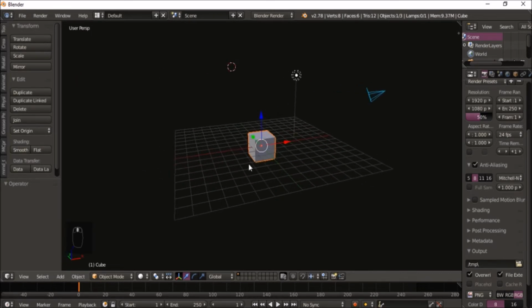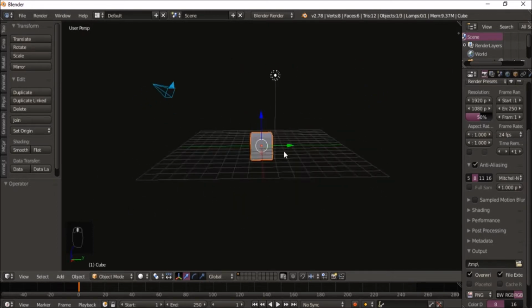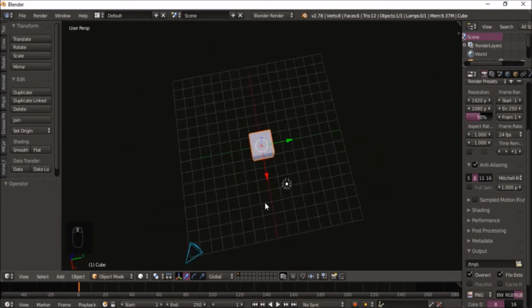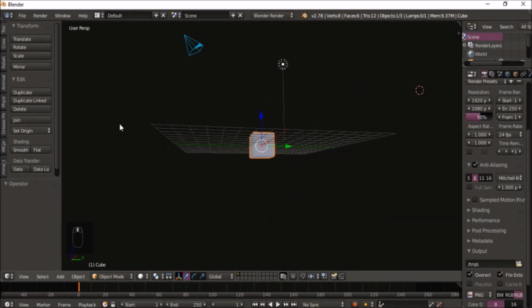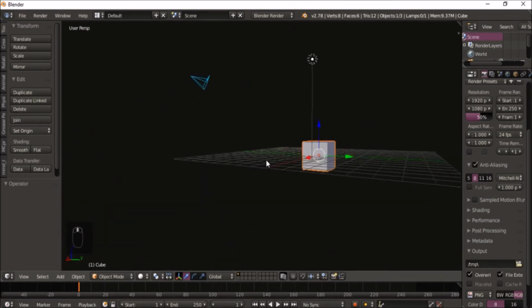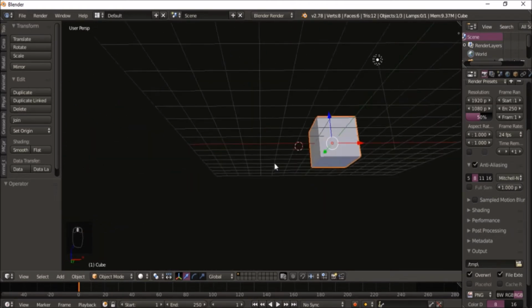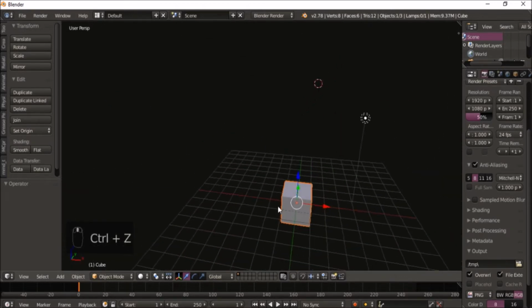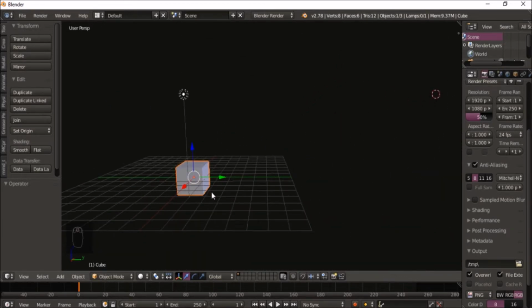But yeah, Windows users, if you do have a middle mouse key there, you move that around and use that to look around your screen. And then you can also use Shift, and then use the middle mouse key to shift around there. Just practice using that, and we shall get going. Okay, so